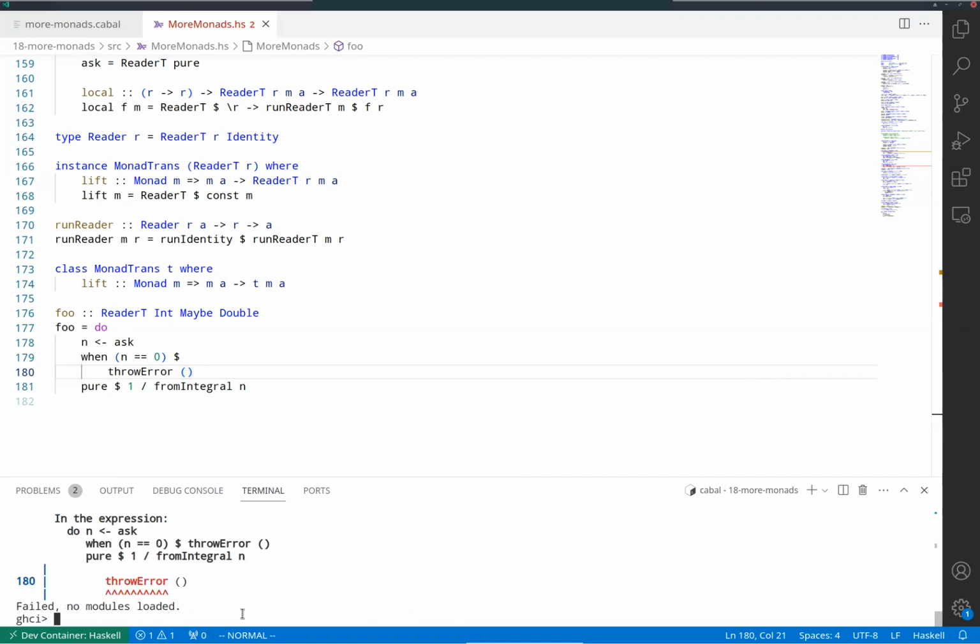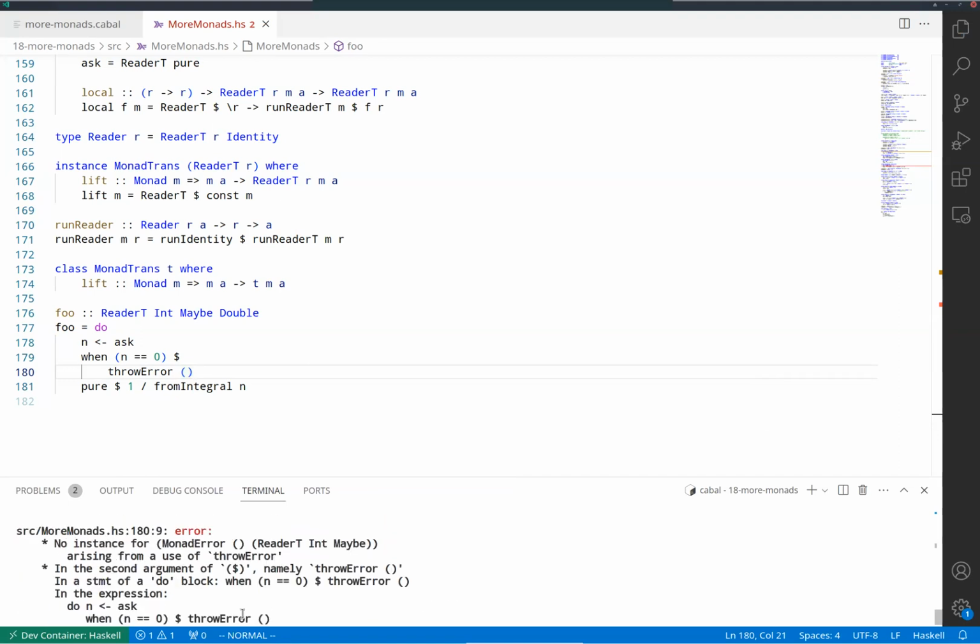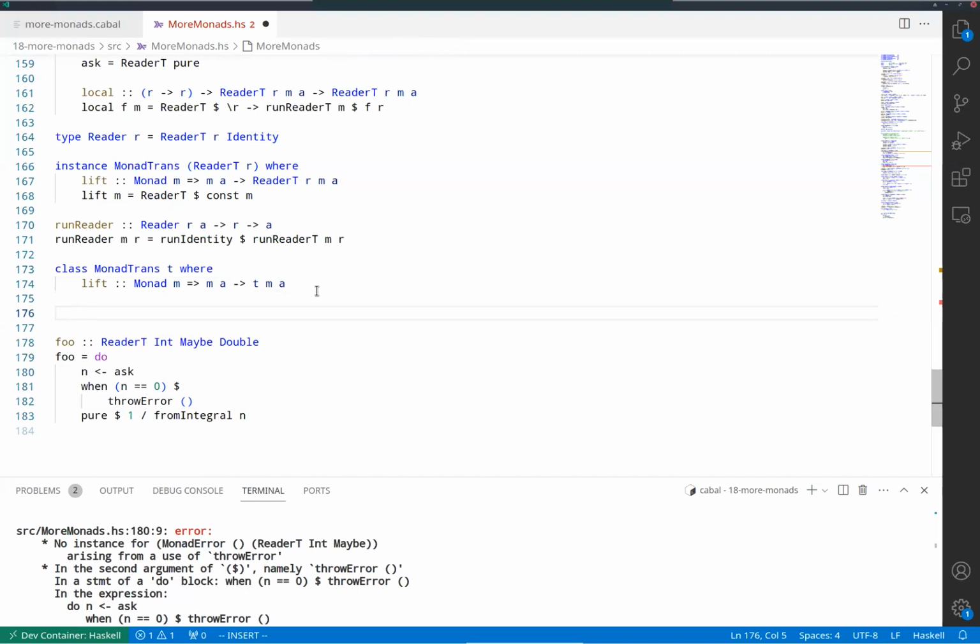And maybe I am. No, I'm not, because now the compiler complains that I don't have a MonadError instance for ReaderT and Maybe. So even though Maybe had this instance, this somehow gets lost when I apply the ReaderT transformer to it. There's no reason why it should still be possible. However, we can implement one. So we can say